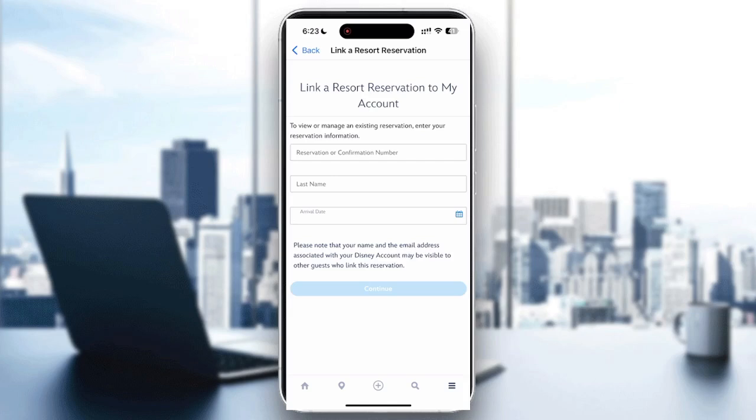After that, view your existing reservations. If you have already made a reservation, open the park reservations or make plans section, look at the reservation you would like to manage, and you can change a park reservation by that. To modify an existing reservation, select the reservation you want to change, tap modify reservation, and choose the guest included in the